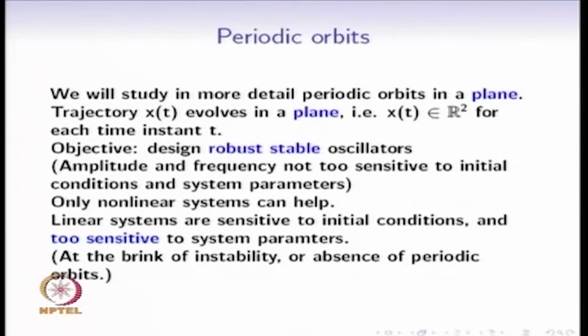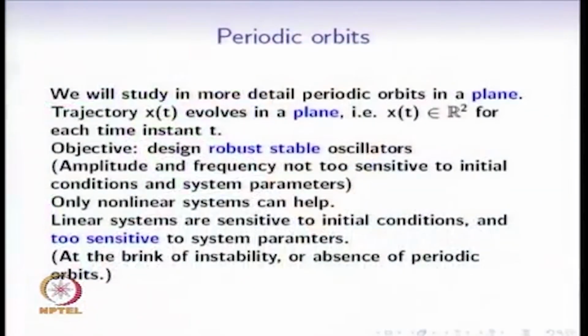Moreover, the fact that there are periodic orbits is extremely sensitive to system parameters. In other words, the eigenvalues are on the imaginary axis. For small changes in the system parameters, the eigenvalues could be in the right half plane or in the left half plane, which means that we might have either no periodic orbits and all trajectories go to 0, or the trajectories could become unbounded and there is again absence of periodic orbits. In other words, linear systems are at the brink of instability, and hence periodic orbits are extremely sensitive to the